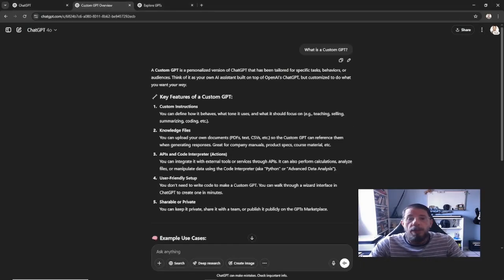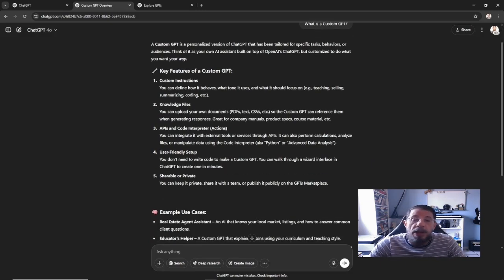You may have heard about them, but what exactly are they and how do you use them? As usual, the best place to start is by asking ChatGPT. So here I ask, what is a custom GPT? A custom GPT is a personalized version of ChatGPT that has been tailored for specific tasks, behaviors, or audiences. Think of it as your own AI assistant built on top of OpenAI's ChatGPT, but customized to do what you